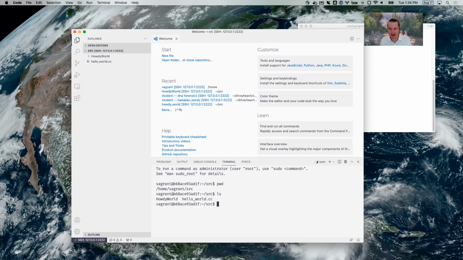Perhaps we want to compile our first, I think you've done this before. Hopefully you've done this before when you were setting up your environment, but let's just do it again. So if I wanted to compile hello world.cc, we're going to use clang++. That's the C++ compiler we're using. We're going to use the